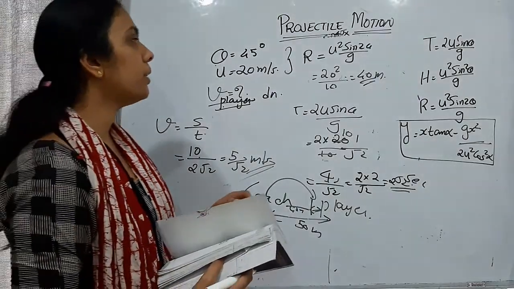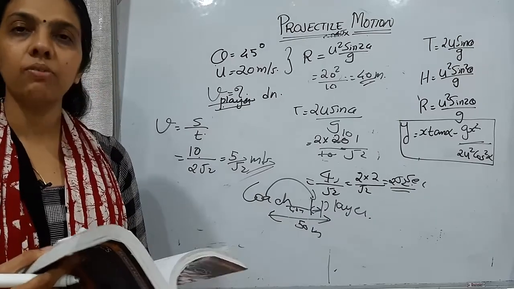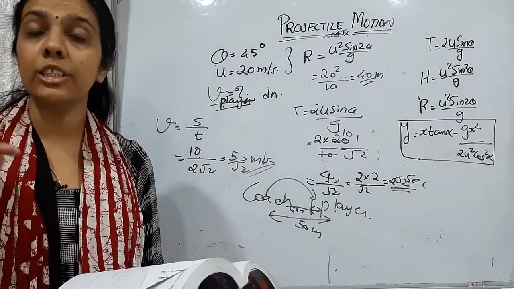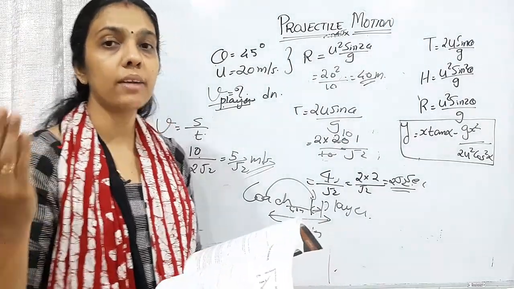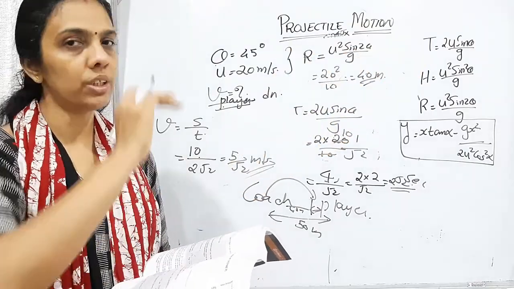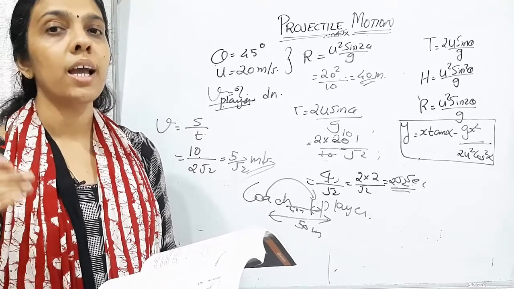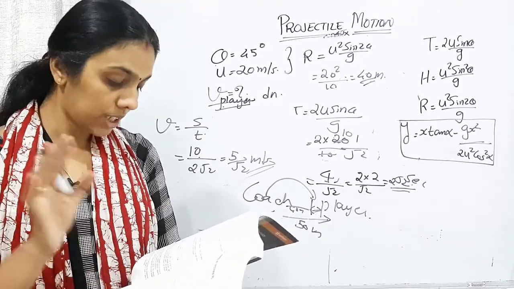So here how we can find this? See here theta is not given. Instead of that, 100 meter height is given and 20 meter per second is the initial velocity. So we can use S is equal to ut plus half at square. Because velocity is acting only in the horizontal direction, vertical direction velocity is 0. So initial velocity is 0. S is equal to ut plus half at square. You can substitute and find out the time.